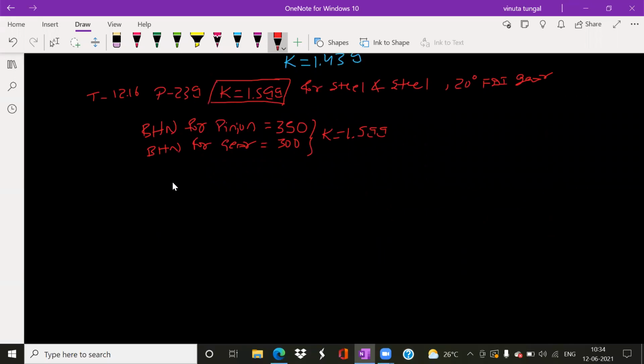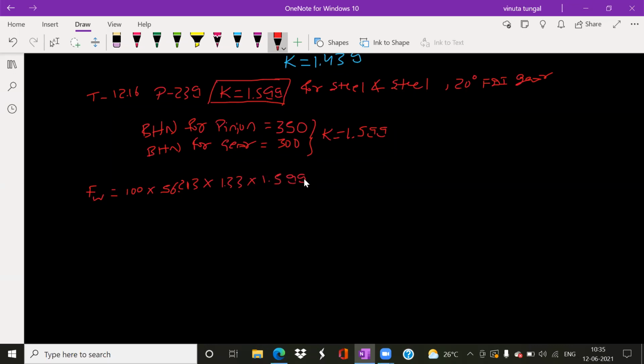For that reason, what is the formula for FW? Wear load is equal to D1 into B. How much is the B value? It is 56.213 into Q. After that, what is the next value? Q is calculated as 1.33, into the K value, which you obtained from the data book.